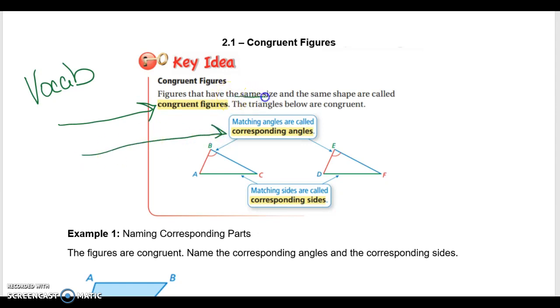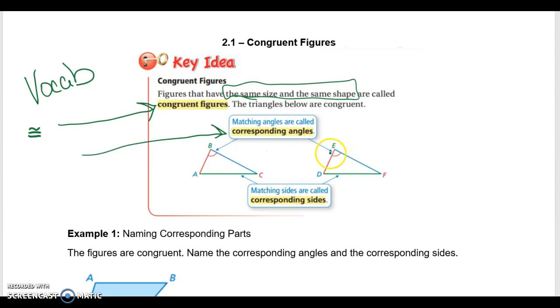Congruent means the same size and the same shape. Okay, same size and shape. We've talked about that before. The symbol for congruent, you can write an equal sign with a little squiggle on top. So that means congruent. Corresponding just means the same position, like the matching angles, like it says, or the